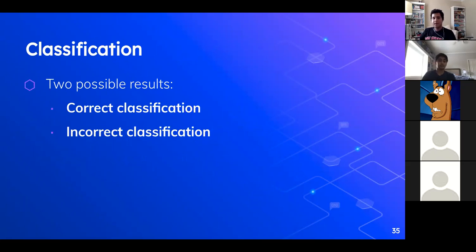All right, we are done with that. And now let's look at classification. So when we're looking at classification, remember classification can only have 2 possible results, right? It's not like